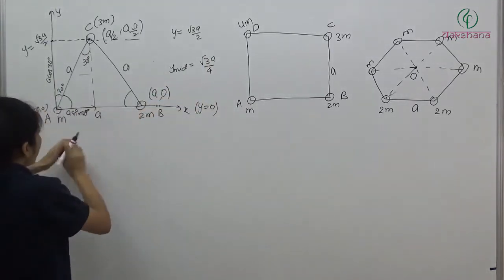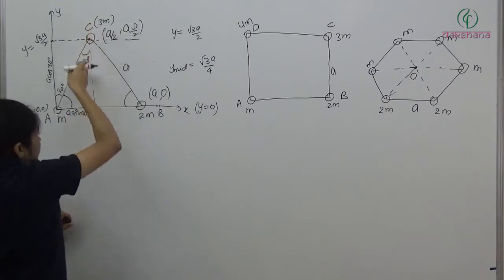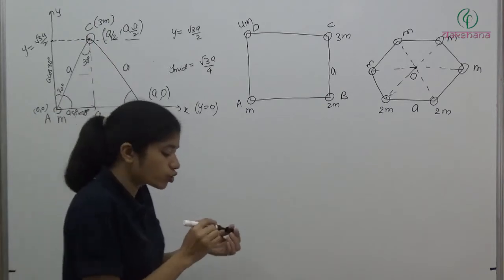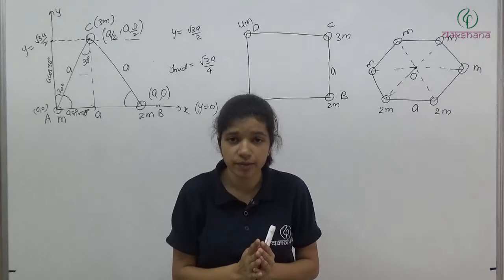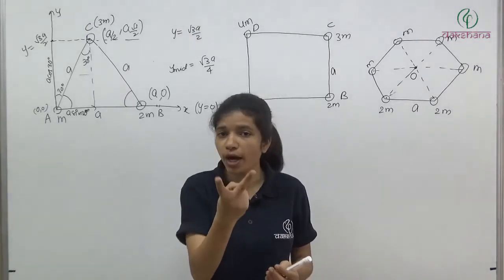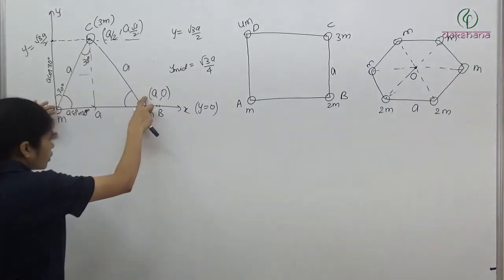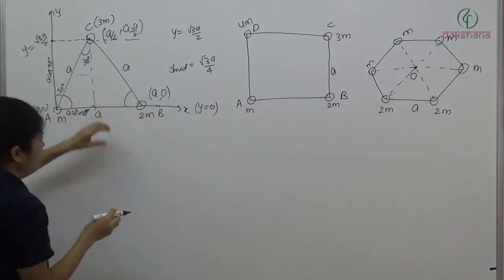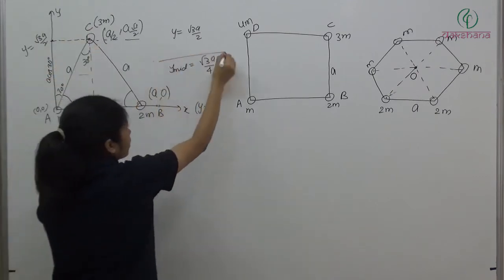Now here we can see that at this point we have m mass, at this point we have 2m mass. And this location is exactly at the midpoint. Clear? So how will we find the x location here? One more thing you can observe: you have a system of three particles. First locate the two particles. Here we have m, here we have 2m. Can you find the center of mass of these two? Their center of mass will lie somewhere here. And one mass is left over here. So we have y mid.